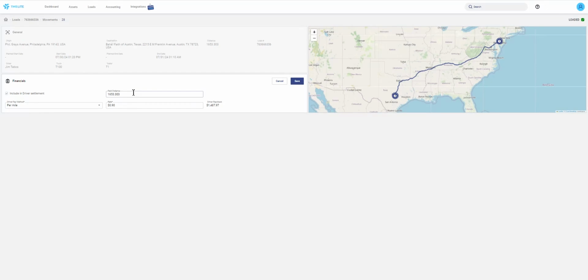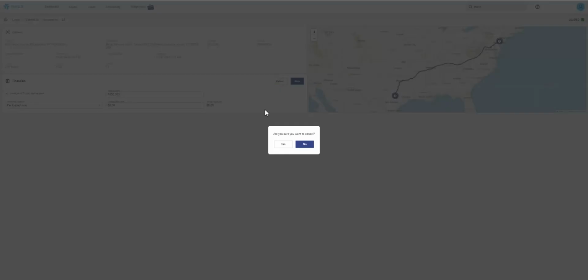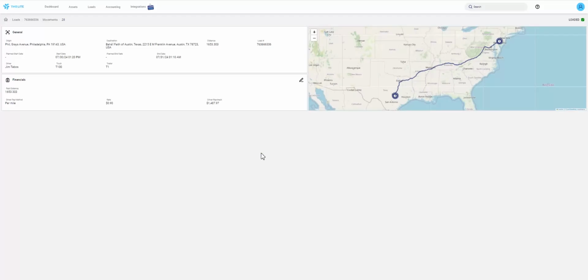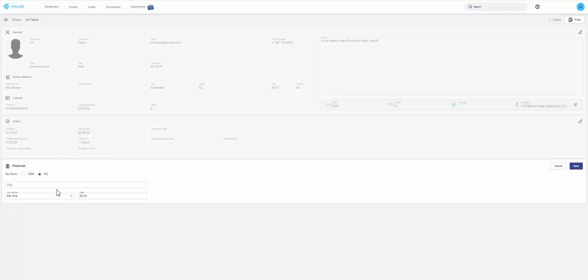You can differentiate between your driven distance and paid distance if you are paying, let's say for example, per mile for a specific driver. Otherwise, it is going to be pulling that default pay method as movements are generated from the driver's profile. So whether they are going to be getting per mile, a percentage, a flat rate, per loaded mile, movement flat rate, you can then adjust those there if they are being changed based off of any last minute adjustments. Otherwise, they will be pulling here under the financial section of the driver profile, where you are setting their main